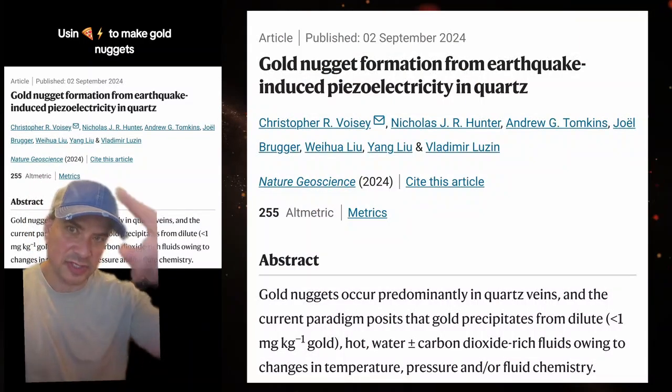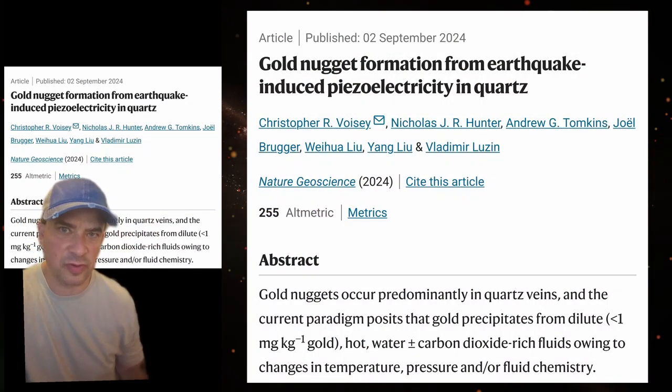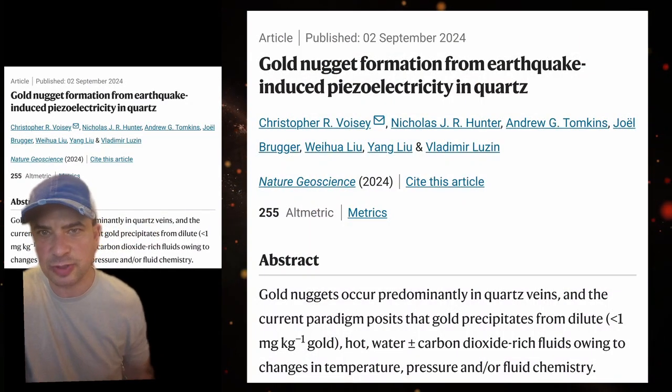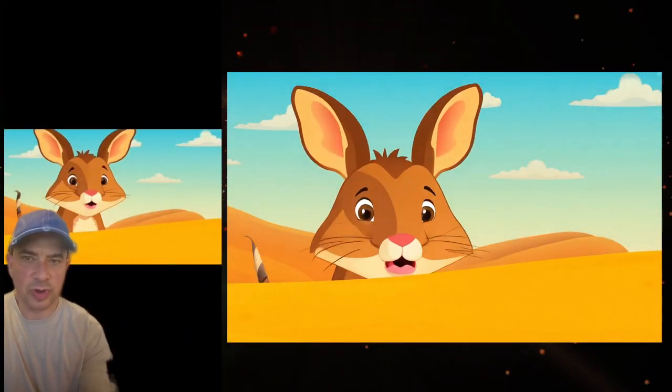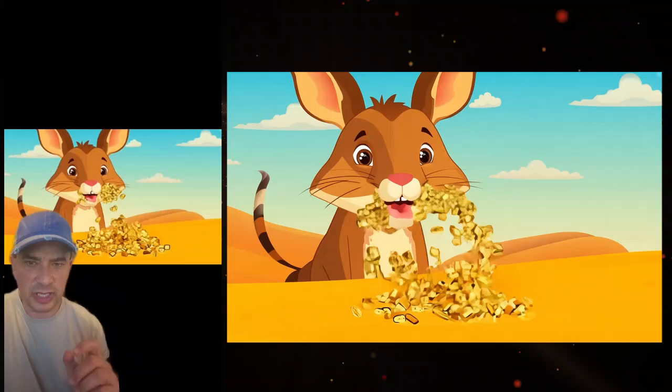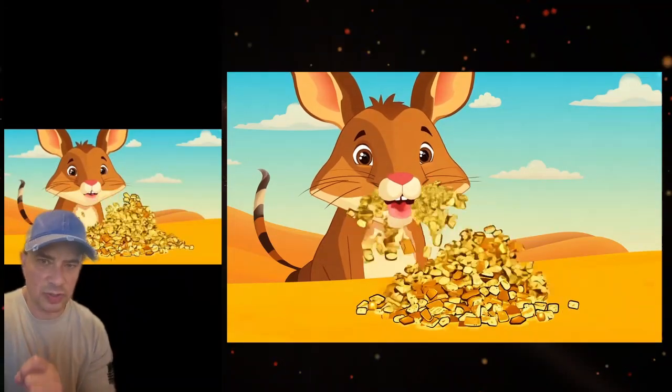Today I want to talk about this study, gold nugget formation from earthquake-induced piezoelectricity in quartz. And the TLDR is that researchers were able to get gold flakes to form on quartz crystals in the lab